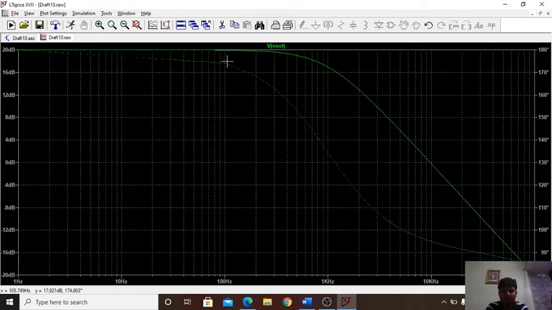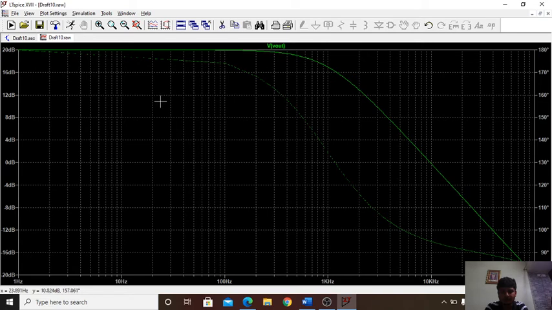As you can see, our gain is approximately constant at 20 dB for frequencies less than FA, that is 1 kilohertz. At FA, which is 1 kilohertz, our gain drops by approximately 3 dB, from 20 dB to approximately 17 dB, and at 10 kilohertz, which is our FB frequency, the gain is approximately 0 dB. So we have studied the frequency response. The frequency response of an integrator tells us that it can be used as a low pass filter.